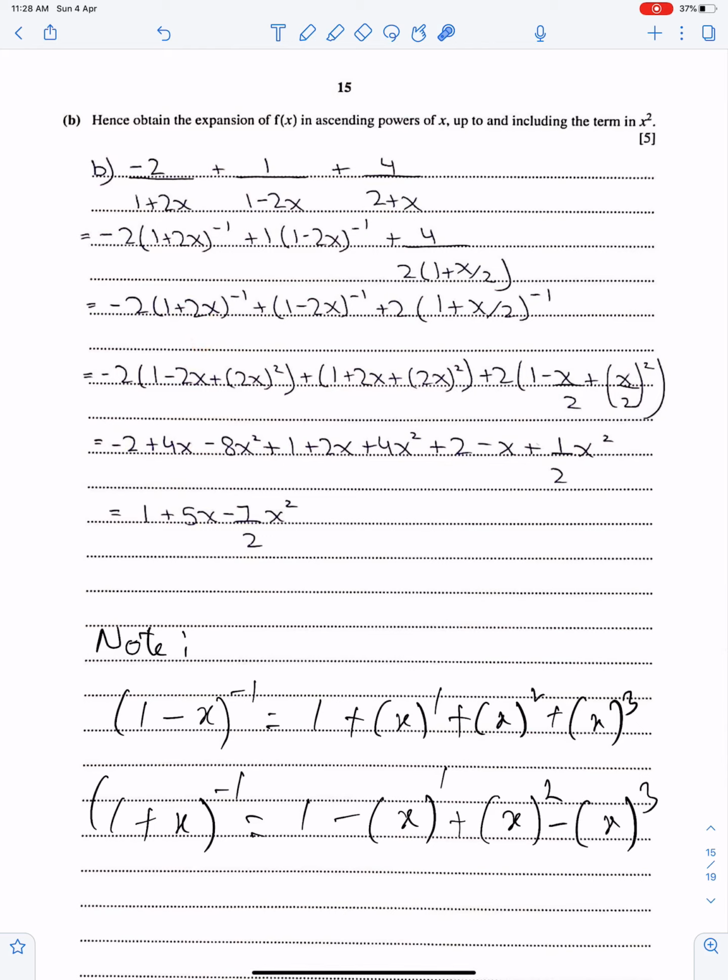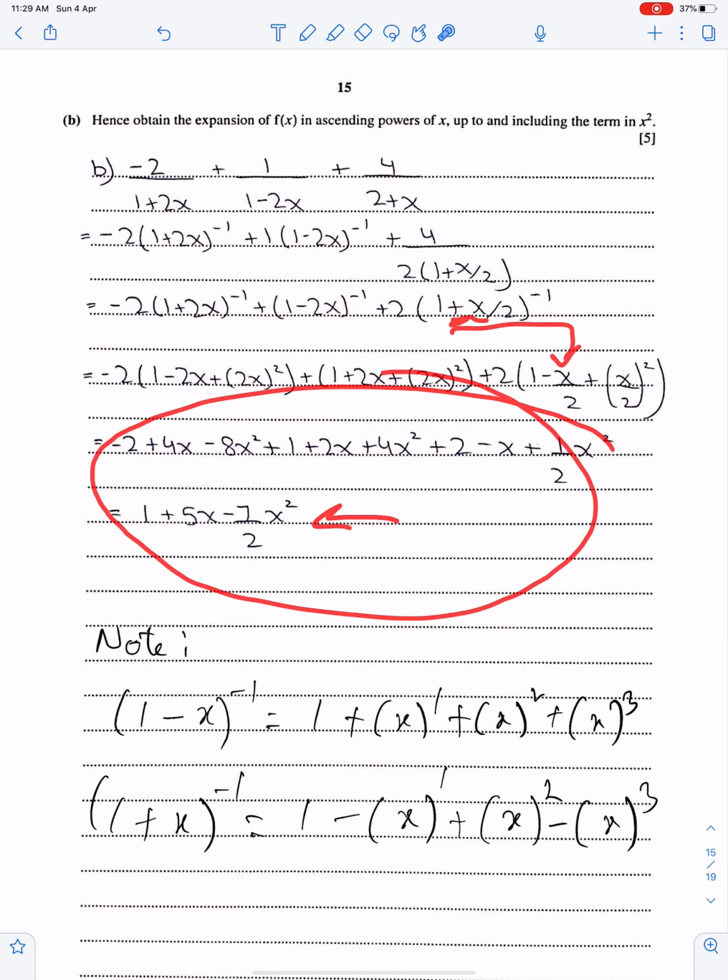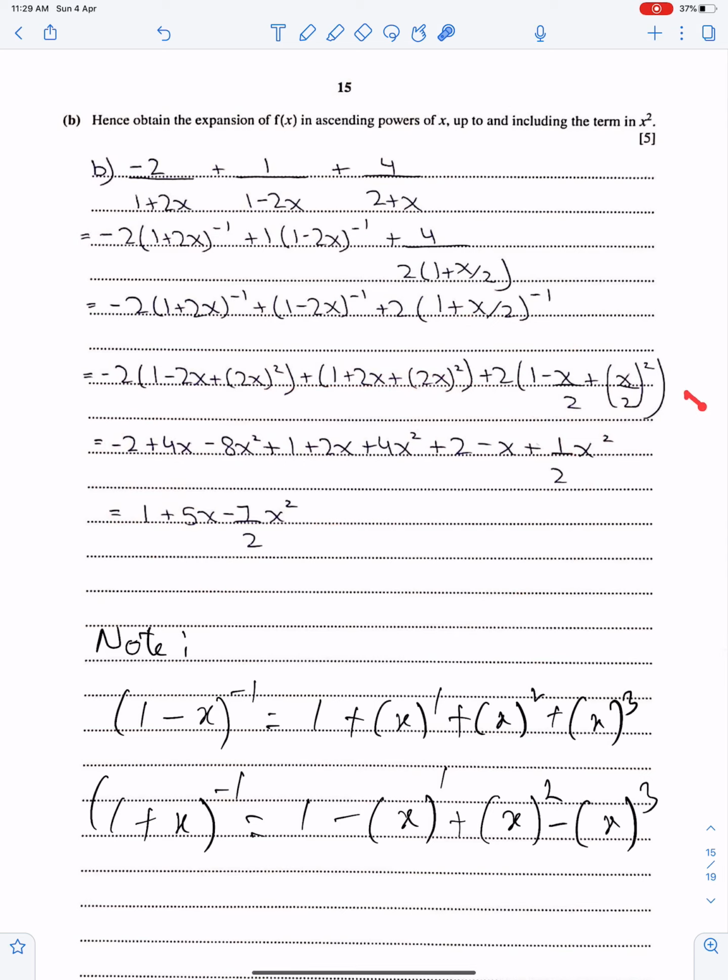So the second term is 2x. According to this formula, you have to write 1, then 2x to the power 1, and then 2x to the power 2. You have to expand till x power 2. Here all signs must be positive. These signs must be alternate. Just simplify this and get the answer. Do the simplification carefully and avoid careless mistakes.